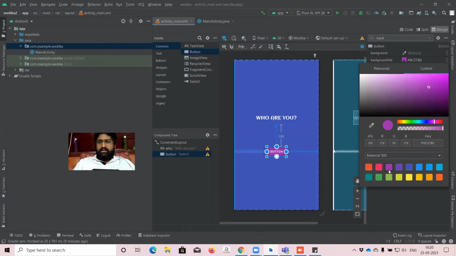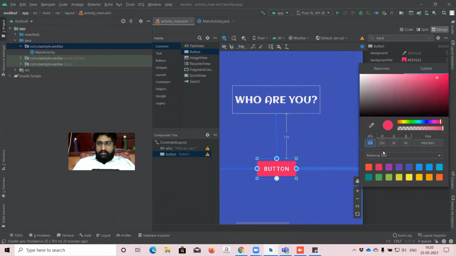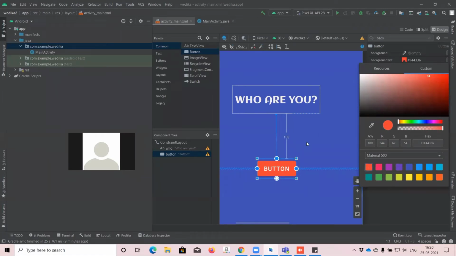Which color do you want? Any color is fine, right? You better tell me. Red. This one or this one? I mean, both are the same. I don't know which is red. It is like an orange color, and this is like a pink color, I think. Which one? Let me zoom for you. Just give me a minute. Let me show you again. Please check. This one is fine, right? Or this one? Anyone is fine.